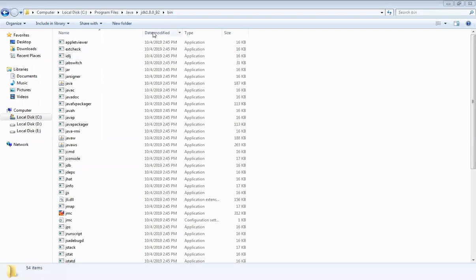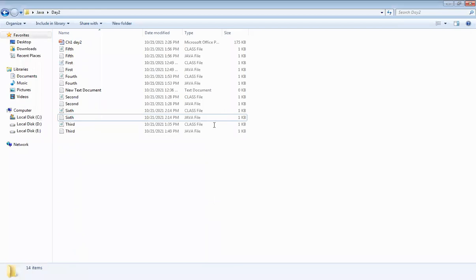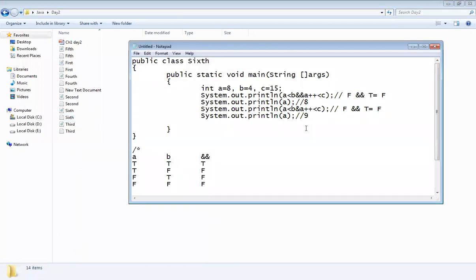So first we will see the program. I have created a new notepad. In that notepad, I have taken the same program, but we will see the program for logical OR and bitwise OR. Yesterday we have seen logical AND and bitwise AND.